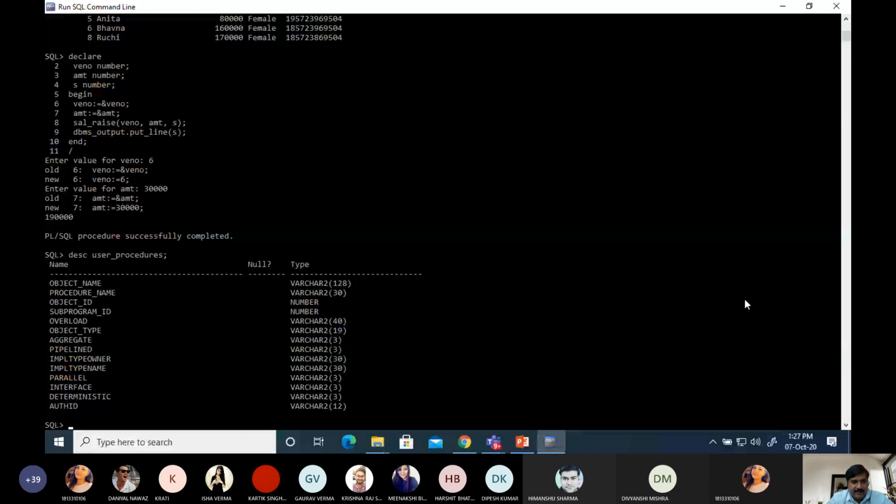So here we want to display object name from the user procedures table. The sal raise procedure is stored in this table, and this is the data dictionary.